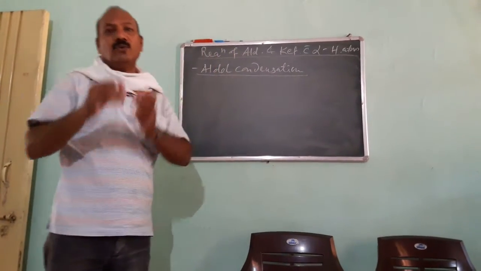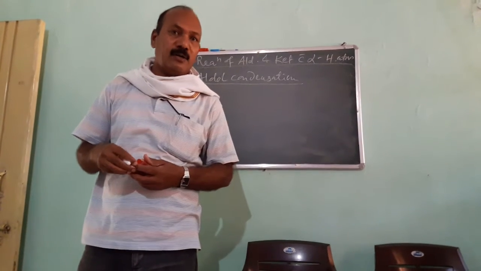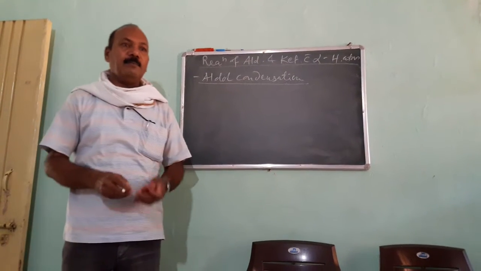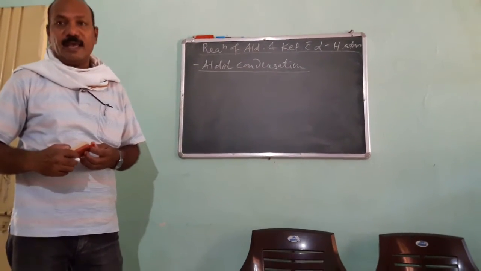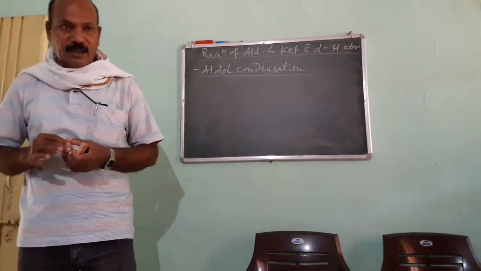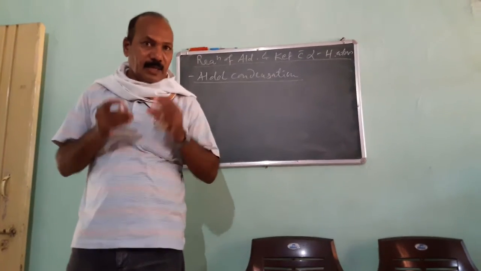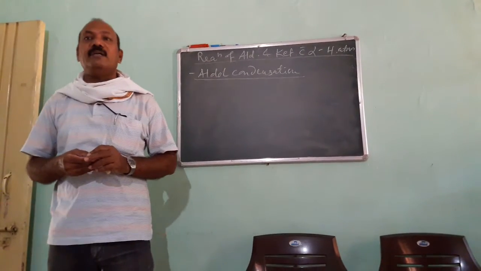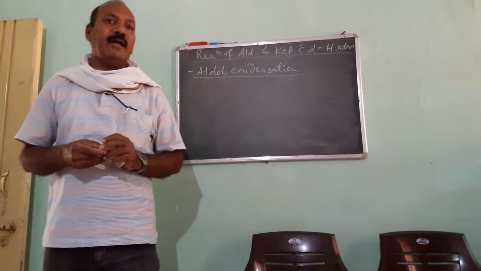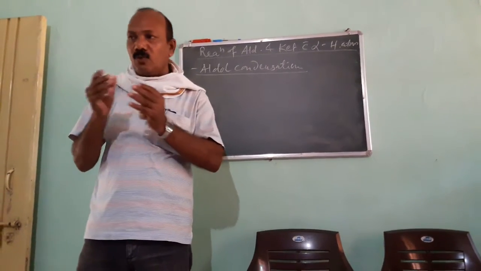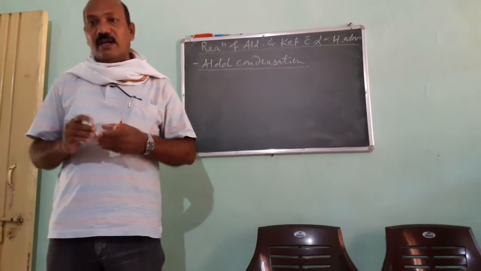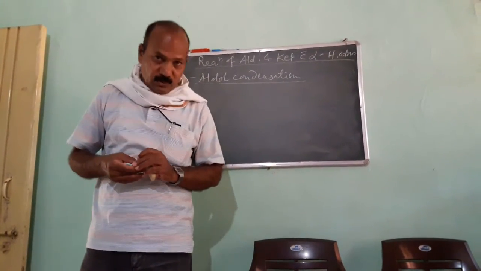Those aldehydes and ketones which contain alpha hydrogen atom undergo aldol condensation. Which are those aldehydes? Let us take the example of an aldehyde containing alpha hydrogen atom, that is acetaldehyde or ethanal. When two molecules of ethanal or acetaldehyde undergo condensation, there is formation of a beta hydroxyaldehyde which contains hydroxy, that is alcohol, as well as aldehyde group. So hydroxy means OL and aldehyde means ALD. Hence the name is aldol condensation. The same case happens with acetone also.